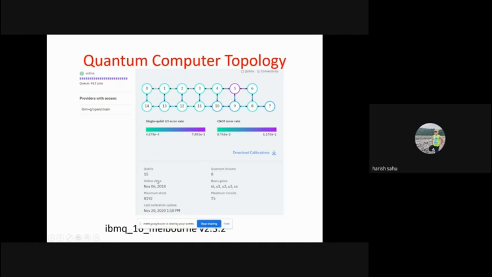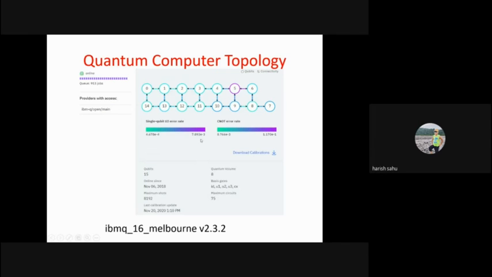So here, IBM has lots of quantum computers, and they made them available on the cloud. You can simply log in to the website, create your quantum circuits or implement your quantum algorithm, and run it on an actual quantum computer. You create your circuit or program, submit it, it is run by IBM on actual quantum computers, and you get back the results.